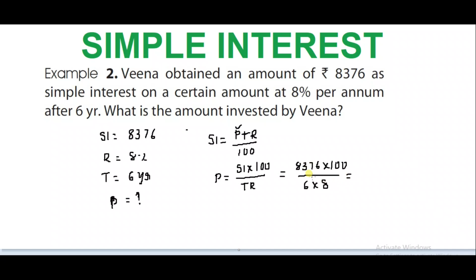Now try to cancel these two terms. Last digit is 6, here 6. Both are even numbers. So cancel in two table. 2 4 ja 8, 2 1 ja 2, remainder 1. 2 8 ja 16, remainder 1. Again 2 8 ja 16. Here it is 2 3 ja 6. Here 4 1 ja 4, remainder 2. This is 12, 628. So 4 3 ja 12. 4 2 ja 8. 132 into